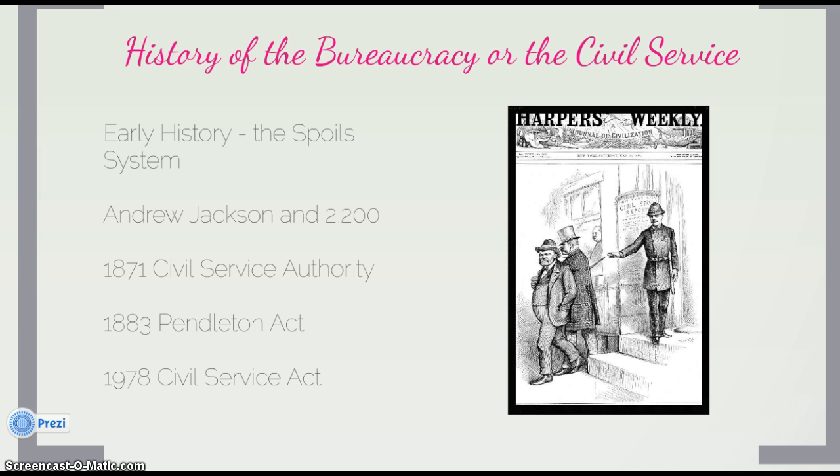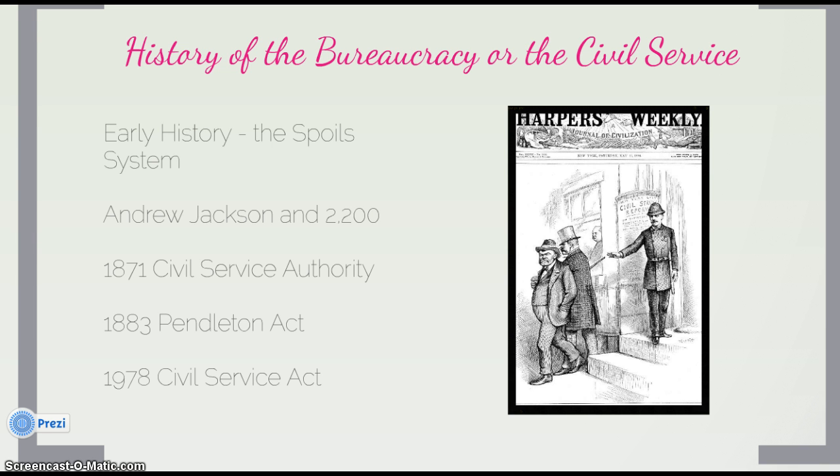So the Pendleton Act created a process by which all federal bureaucrats were to be hired, and that typically involved a very rigorous and difficult civil service exam that all federal workers had to take. So the Pendleton Civil Service Act did great things in terms of attracting qualified people to serve in the federal bureaucracy, to work for the government. And that law remains on the books.